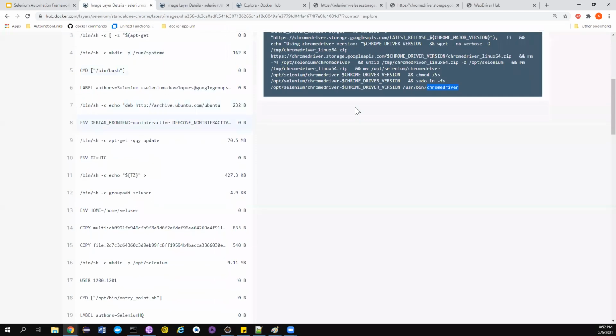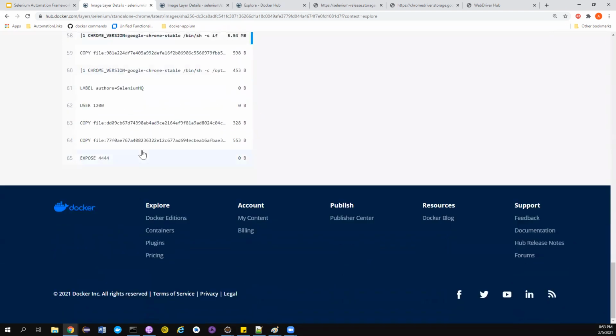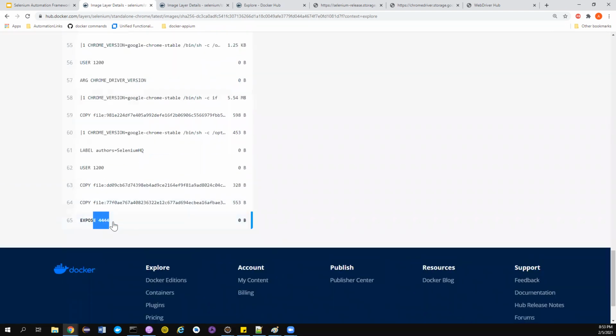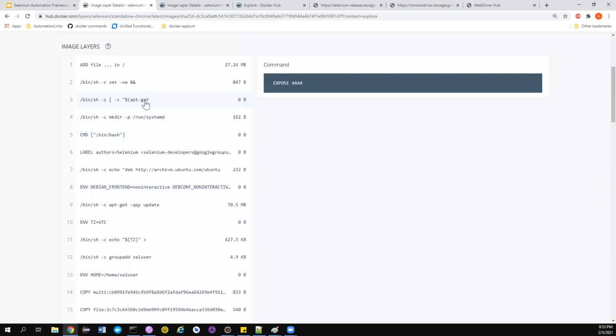So good. I think we have also understood how we can relate this with the Dockerfile. With this command they are pulling the particular Chrome driver version, unzipping it, moving it to this particular location, setting the path, and giving the permission. If you want to customize and create your own Docker image, you can also do that. They are exposing port 4444 because we want to interact with it by delegating the test, right? So try to debug more in this Docker image. If you are very good at Linux, you can understand all these things. I hope we have covered the agenda for today's topic.